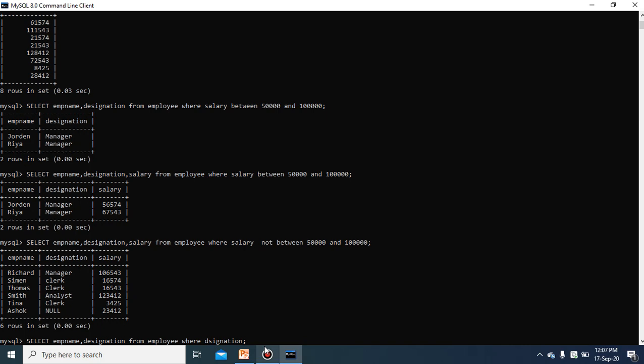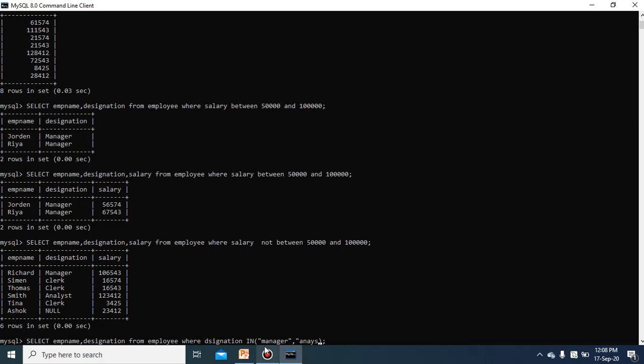You write the in operator, and under the bracket you specify the values which you want to see. You want to see only the designation manager, and then clerk or simply analyst.